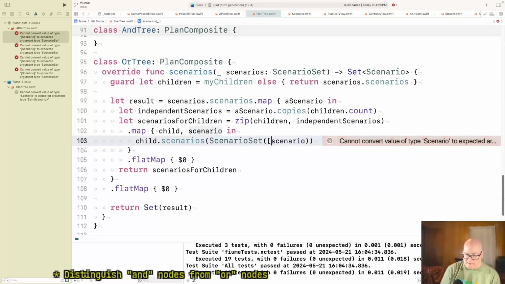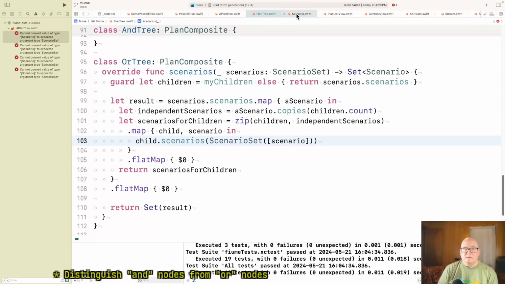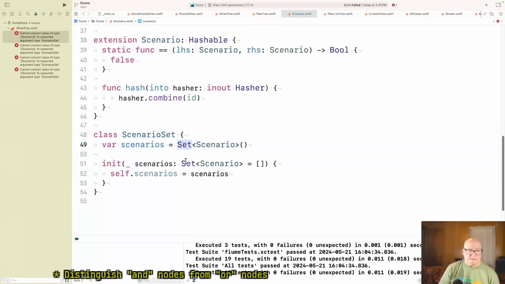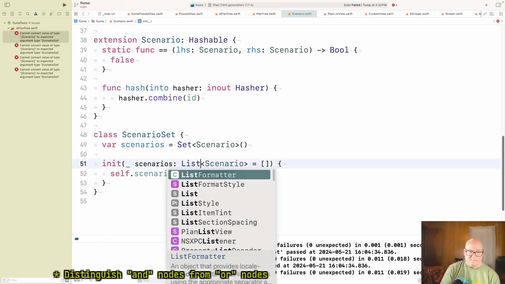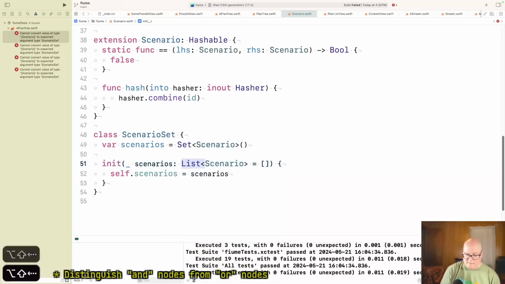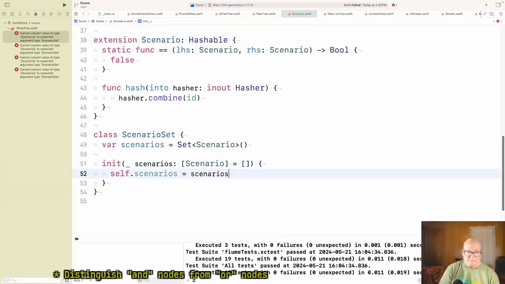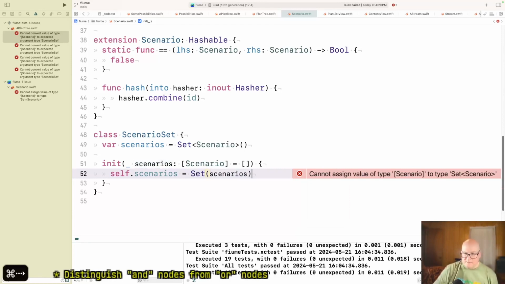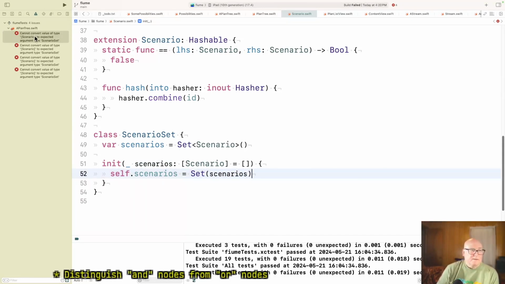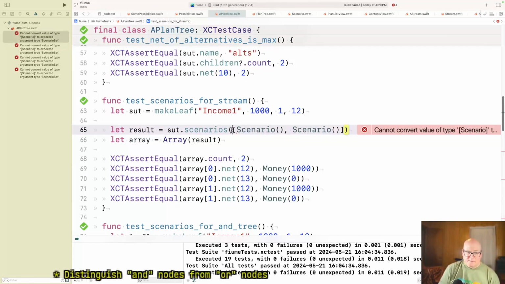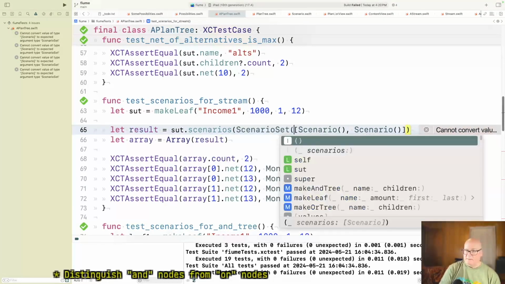This needs to be a list. And actually, I don't think he's a set. I think he's a list. Yeah, array. Is that going to work? Okay, so now this is scenario set with these things.